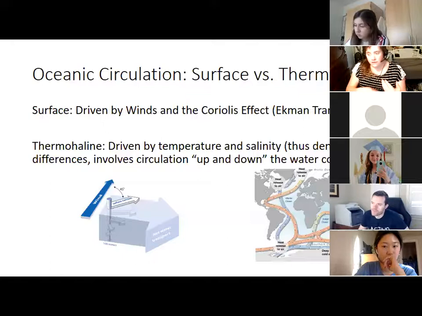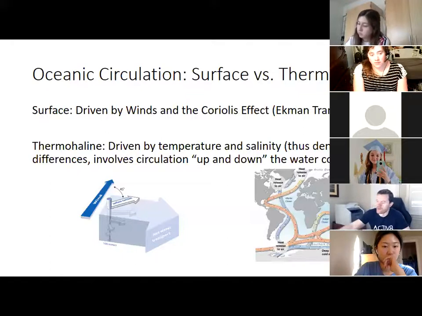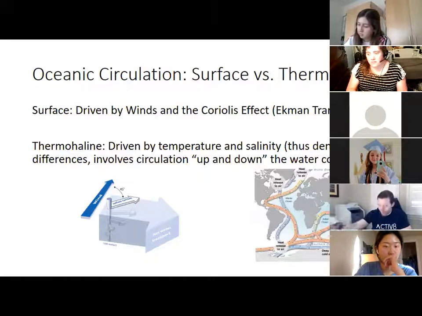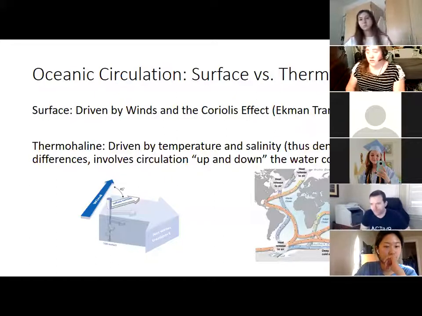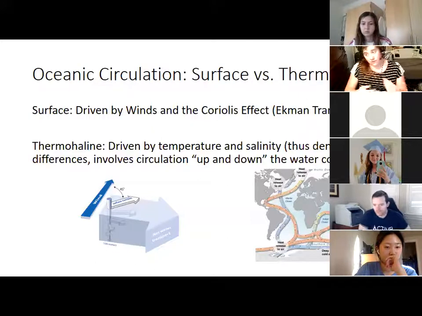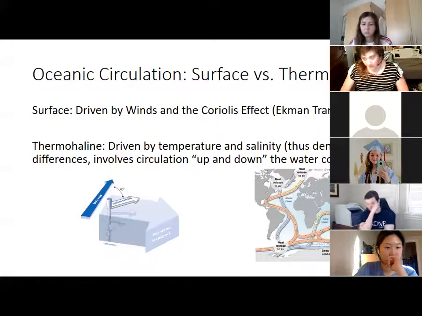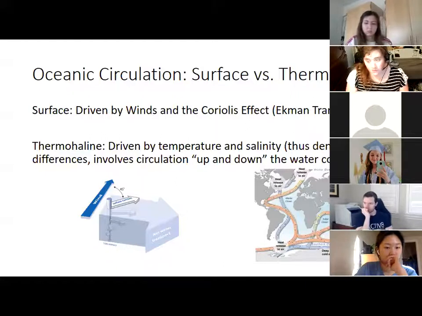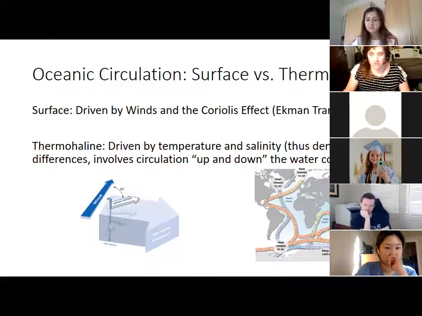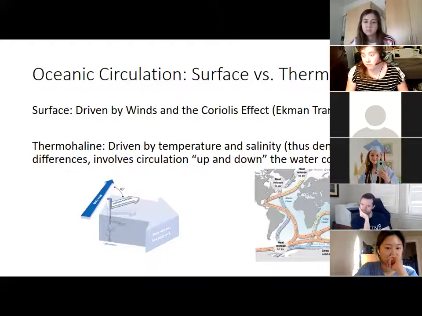If you're trying to make a general statement about, okay, the water from the surface to 100 meters down is moving in what direction, overall, that's the direction it's moving in. And that's important in terms of where the nutrients overall are ending up and where heat is overall ending up, because surface currents bring heat or take away heat. And one reason Antarctica is so cold is because a big cold surface current around Antarctica does a good job of keeping warm surface waters from getting anywhere near it.